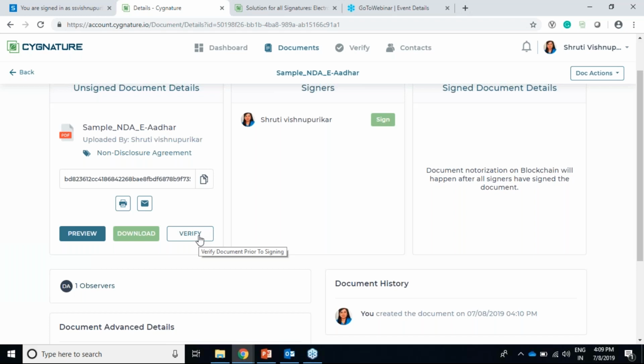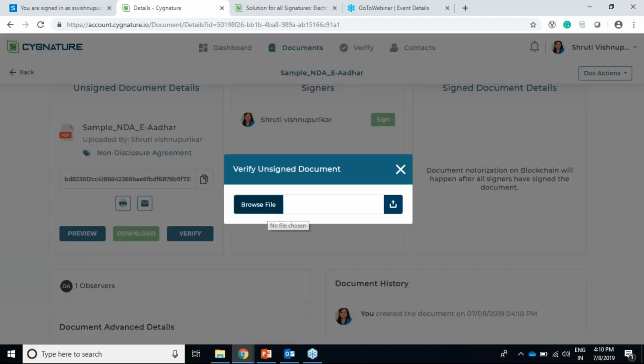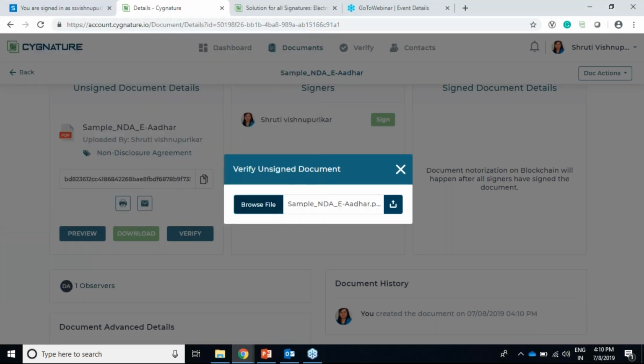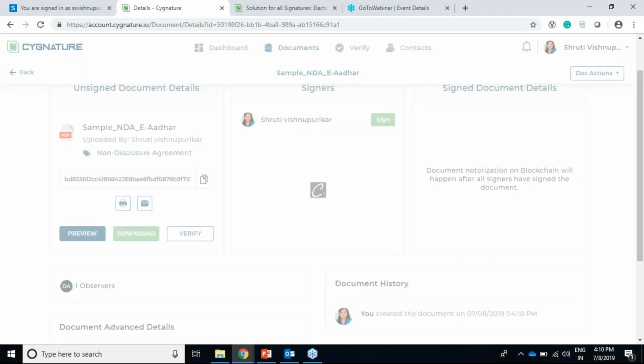But what if I change the document during upload? Let's say Yogesh sir and I agreed on the document which was sent in the mail, but at signature I changed the document. So I can verify the document which was discussed earlier in the mail. Let's say I'll just upload this. This was the document which we had agreed on, and I have uploaded that document. So I just want to check whether the document is the same and has not been changed.